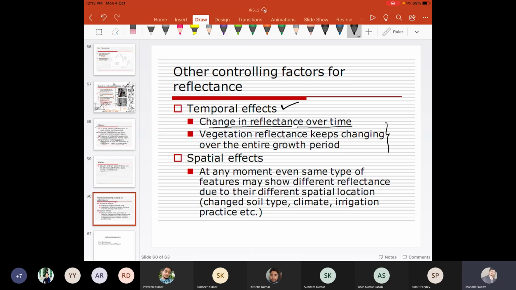Like when we consider vegetation, the properties of leaves change with respect to the age of the tree or of the plant. Even with the change in season, the reflecting behavior of leaves will change. The reason is that the internal composition changes with respect to time. And there are the spatial effects: at any moment, even the same type of features may show different reflectance due to their different spatial location, like changed soil type, change in climate, change in irrigation practices, due to which there could be a change in water content. So if there is a change in water content,